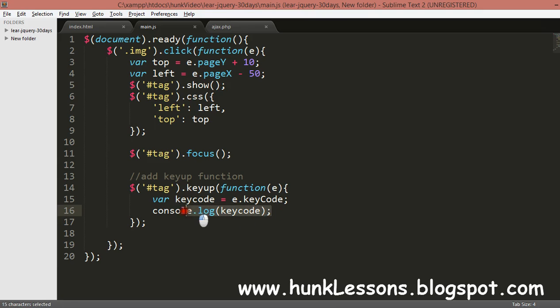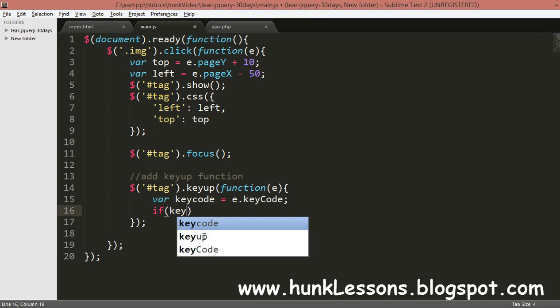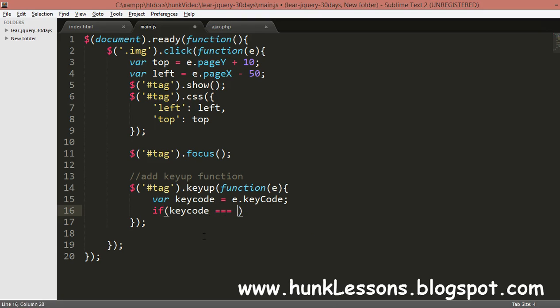We'll do an if statement: if the code is triple equal to 13, we want to make an ajax request to the server.